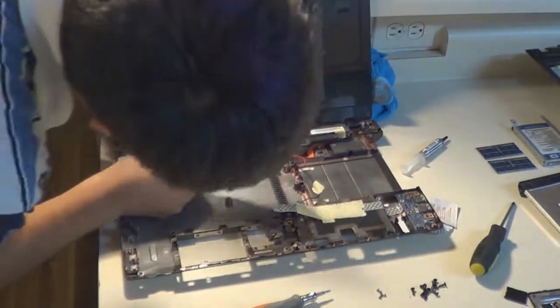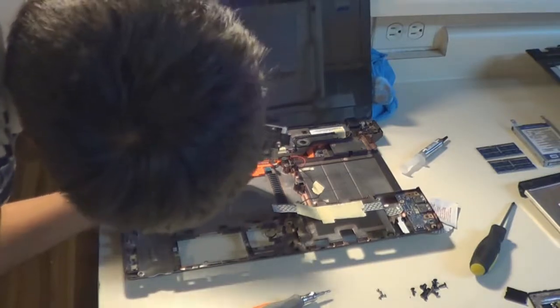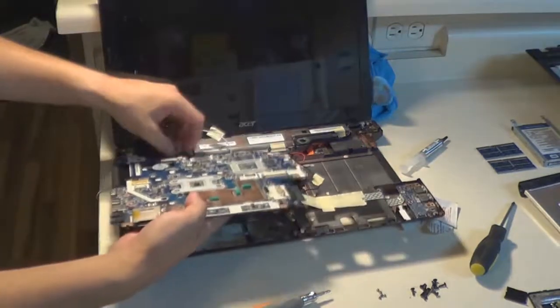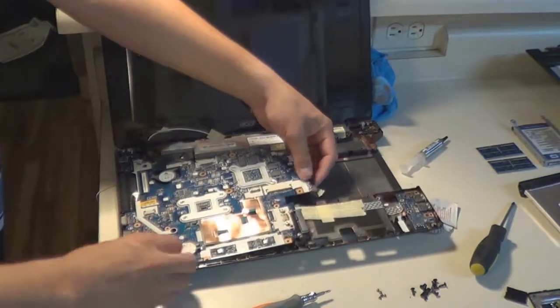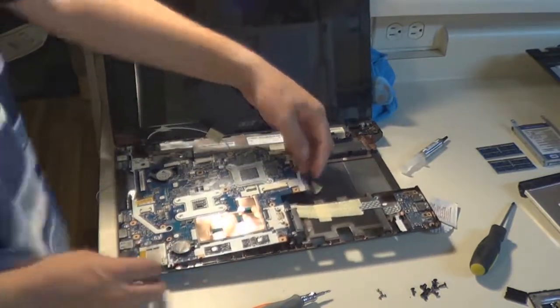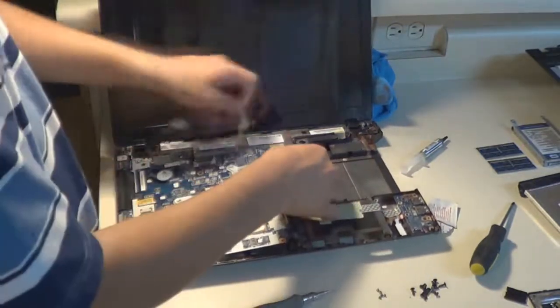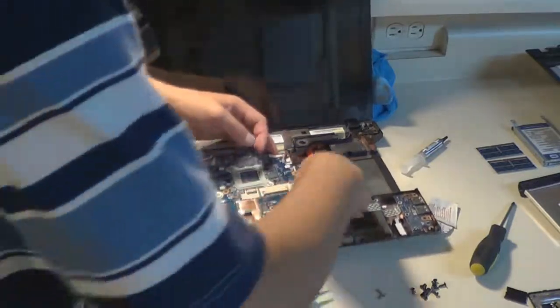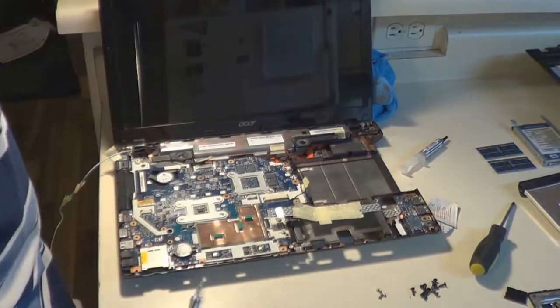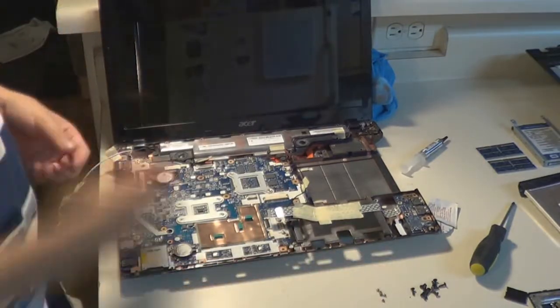We're going to go in reverse order, so power cable first, and then pivot it back in exactly how we took it out. The ports have to go into the plastic on the left side first, and then you pivot the motherboard downwards towards the DVD-ROM drive, and it just slots right back in. Be very careful when you're reassembling a laptop that you don't